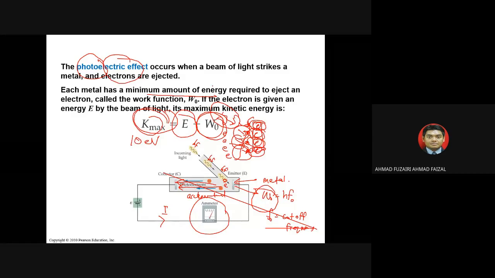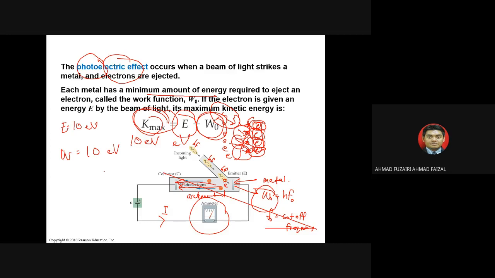Look here, W naught is the energy required to eject an electron, so that is what we call the work function. It is not a work, but the term used is work function. It is an energy, so don't get me wrong or confuse the term, because although the name is work function, it is an energy. The unit should be electron volt, because of the very high speed. So if the work function is, let's say, 10 electron volts,